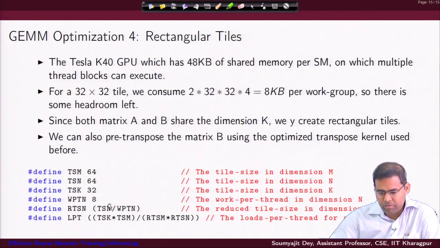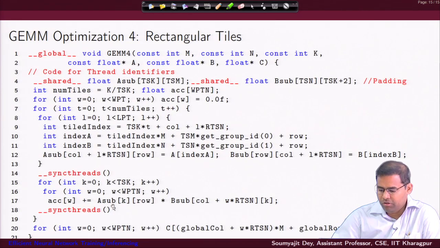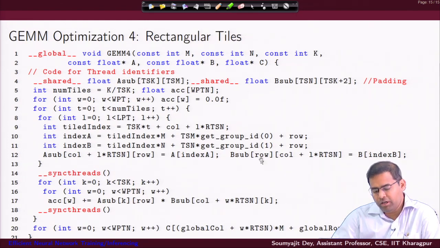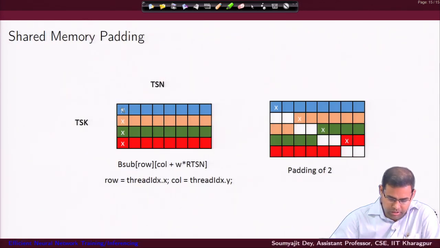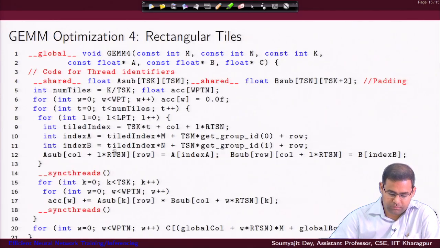Now, just to remember what we did: we enabled a coalesced load by doing a transpose previously. But then, to get the advantage of having nice consecutive operations in the shared memory, I have flipped the storage here. That also creates a problem, because after I flip the storage, the data gets stored in the shared memory like this. So then I will have a lot of bank conflicts when I am loading the data from the shared memory to the